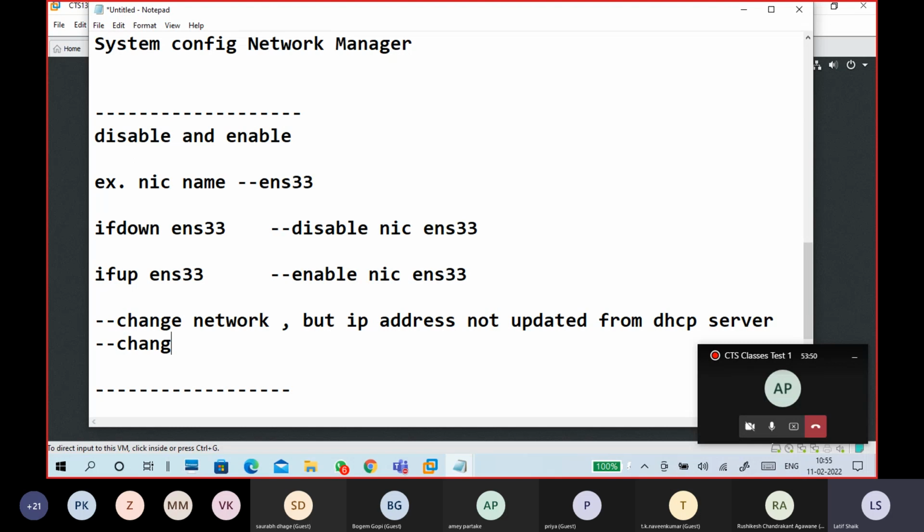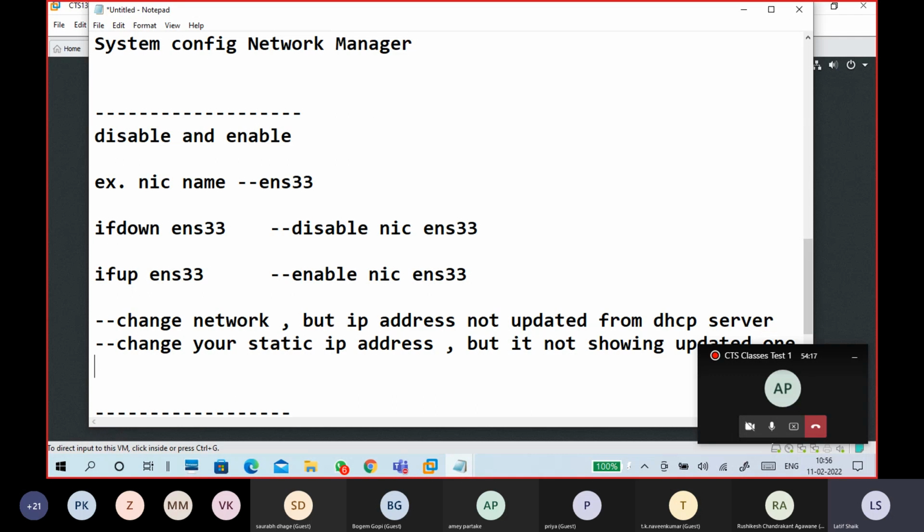Or you change your static IP address, but it is not showing the updated one.